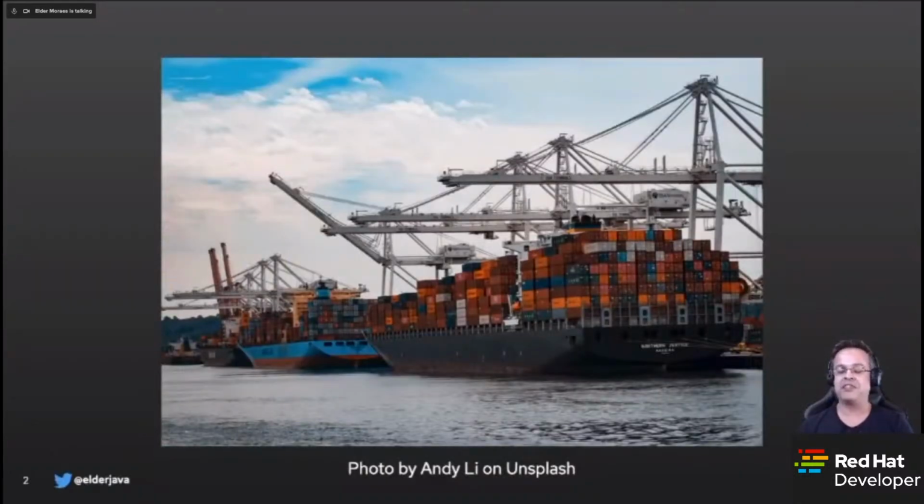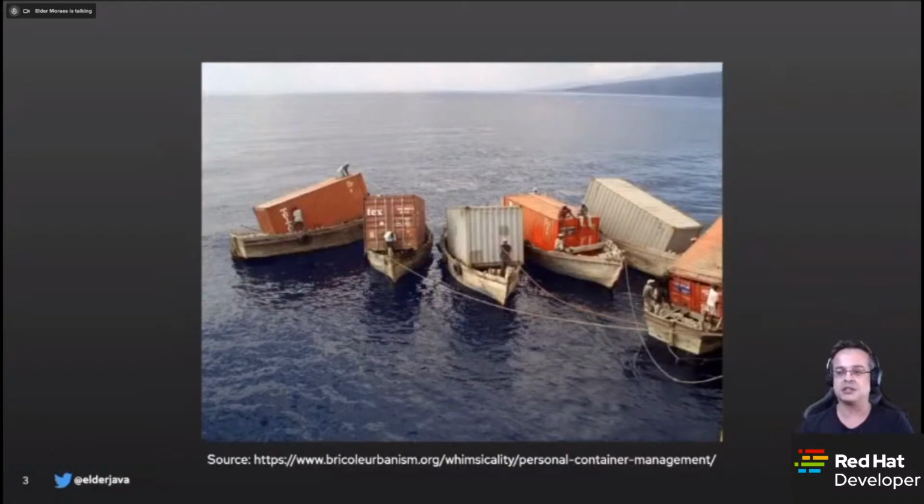Well, when I first learned about containers, the picture that I had in my mind was something like this. All working, all well organized, all the cranes doing their jobs on the port, all simply working. But when I really started using containers, especially with Java, the first times were something like this.